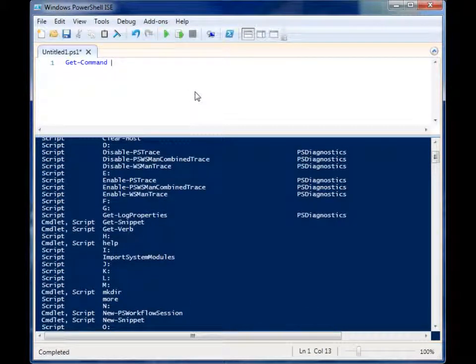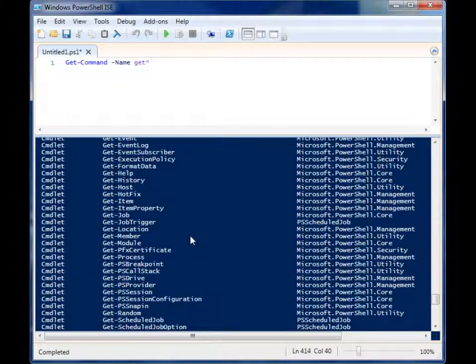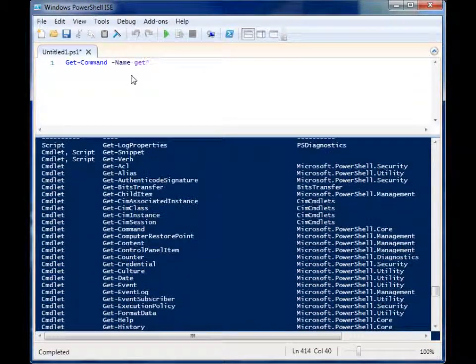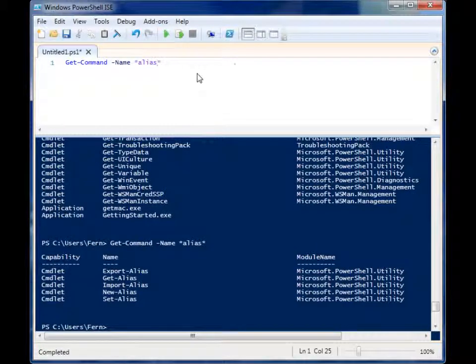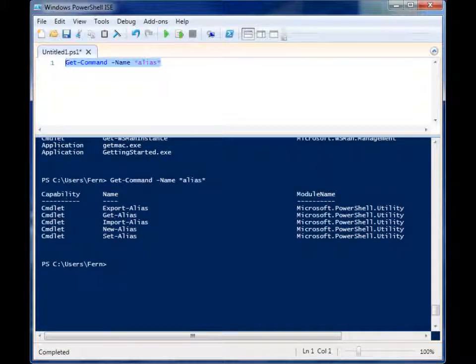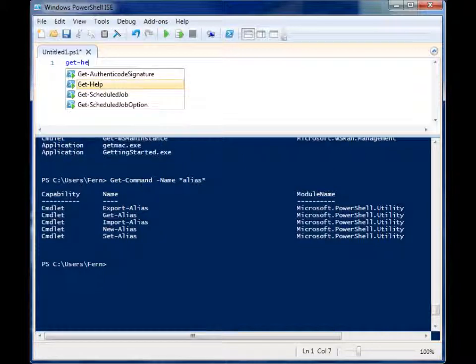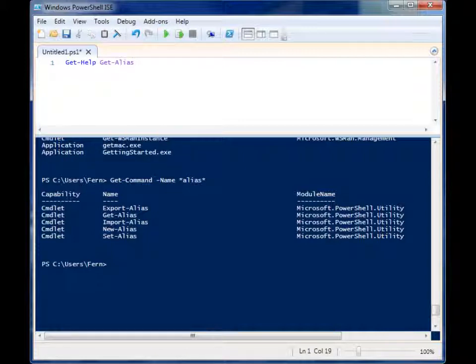in PowerShell. And you can even supply a name parameter, give it a verb, and add a wildcard behind it, and you can get specific verbiage, or maybe you want to find something like maybe we want to see if there's a command with alias in it. Well, we have all these commandlets with alias, so that's really helpful when you want to find out different commandlets. And what you can also do is put those commandlets into get help and find out more